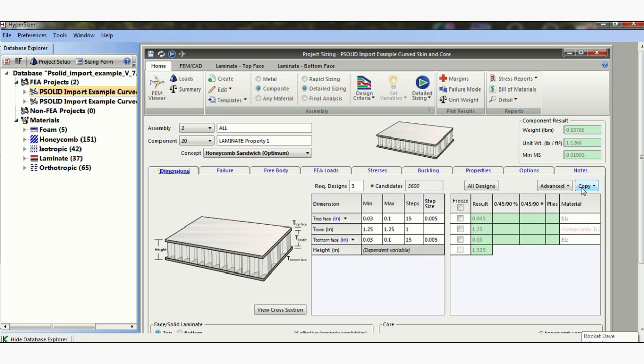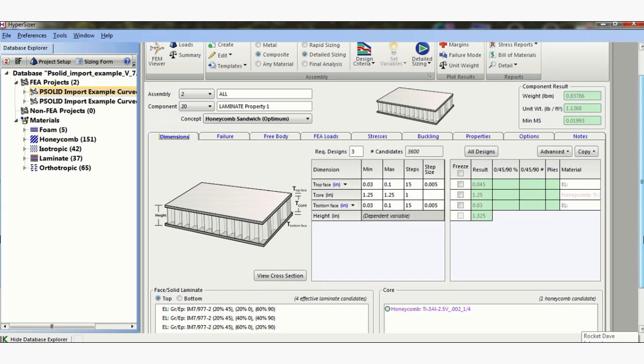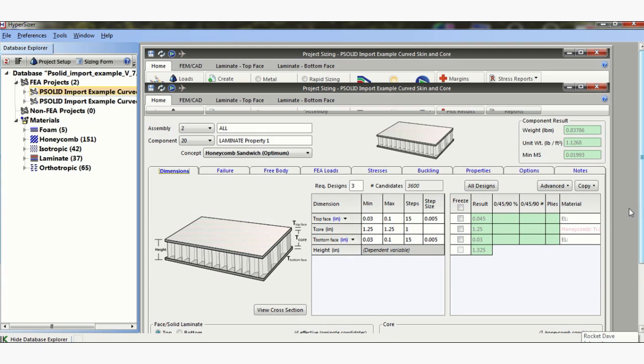I can see the number of candidates. I can easily copy this box to some of my other components. It's very easy to use. So my only real comment on this particular